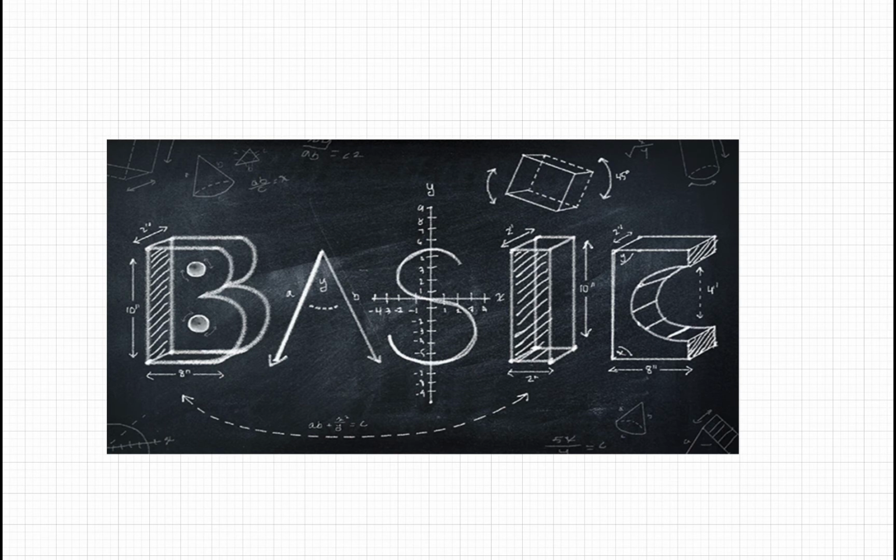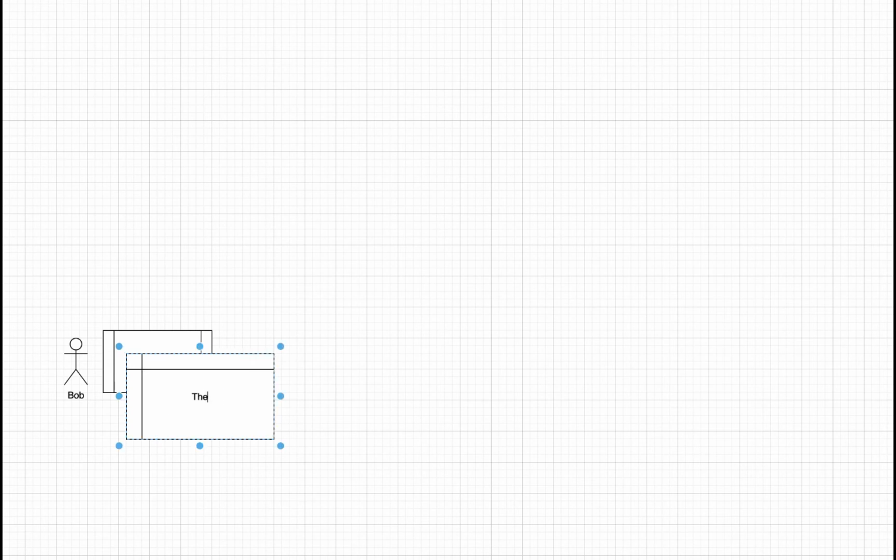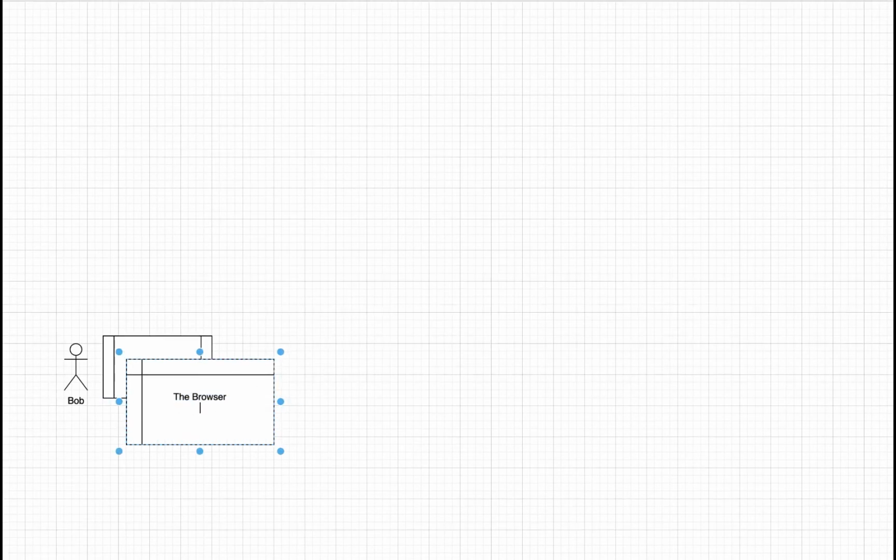And we're gonna start with this very, very simple diagram of our friend. Let's call him Bob. And Bob has a laptop, right? Or a PC or even a phone. Just write it down. And he opens up a software called, we talked about it, the browser. And this is what we want to talk about today. When I type in the browser some kind of URL, some kind of address, what happens?